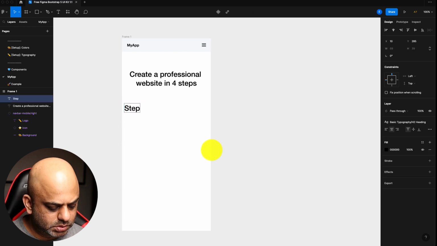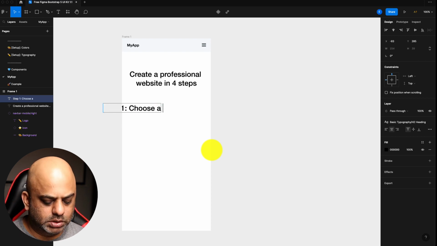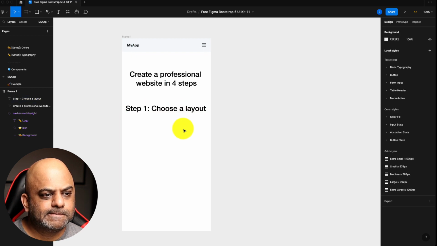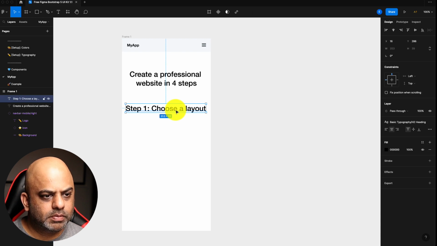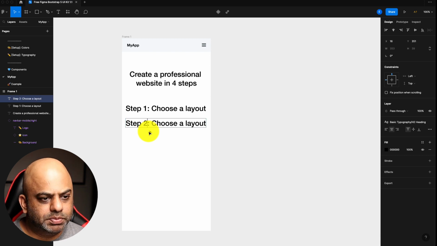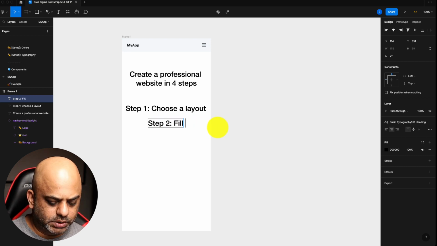So step 1, choose layout. Step 2 will be fill in your details.